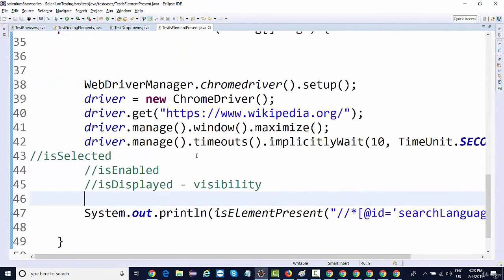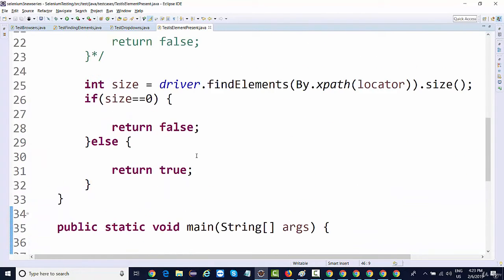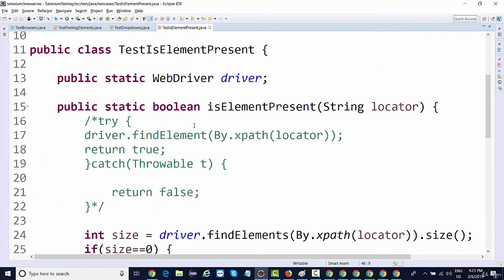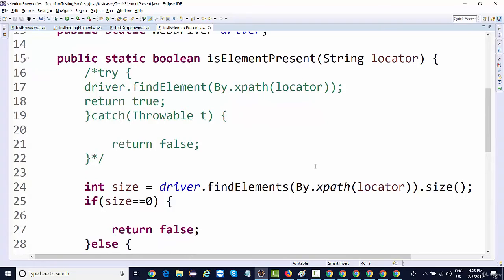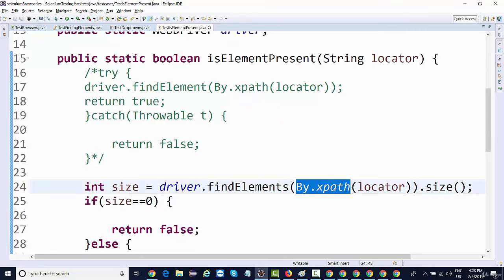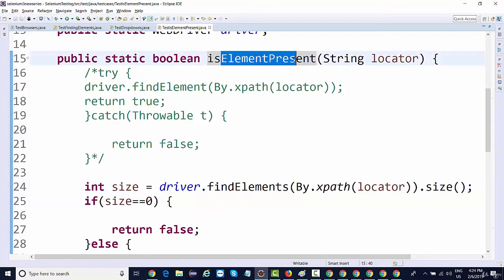But the only issue with this isElementPresent is that the approach we have taken is with XPath only, meaning this method will only work for XPath.